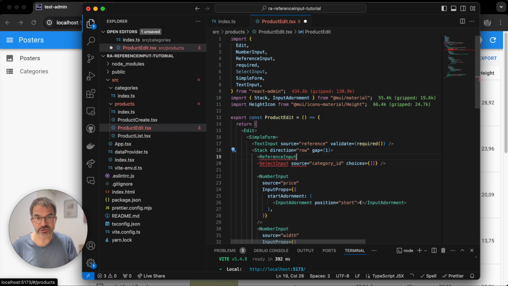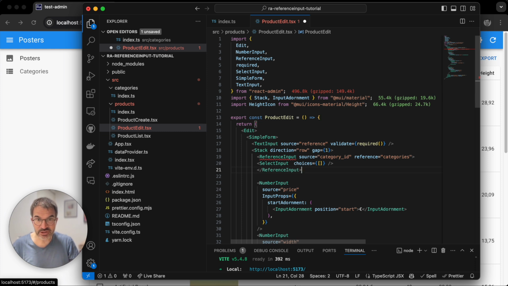So reference input will take a source, just like a regular input. It will also take a reference, and here the reference is the name of the related resource by the one-to-many relationship. And it wraps a select input, and the select input doesn't need to define the choices anymore.